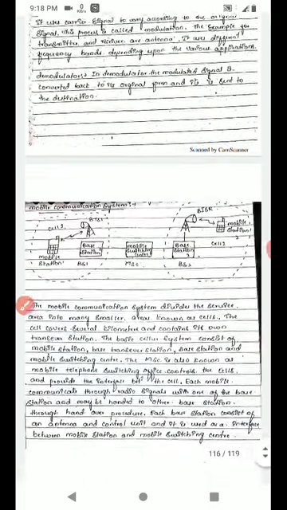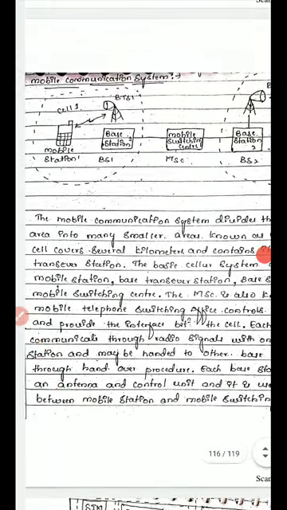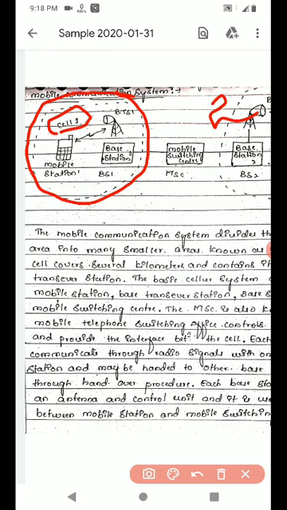Okay, next we'll move on to the mobile communication system. As you see here in the mobile communication system, the area will be divided into what is called a cell. This is cell 1, similarly this is cell 2. Now I will consider cell 1 here.